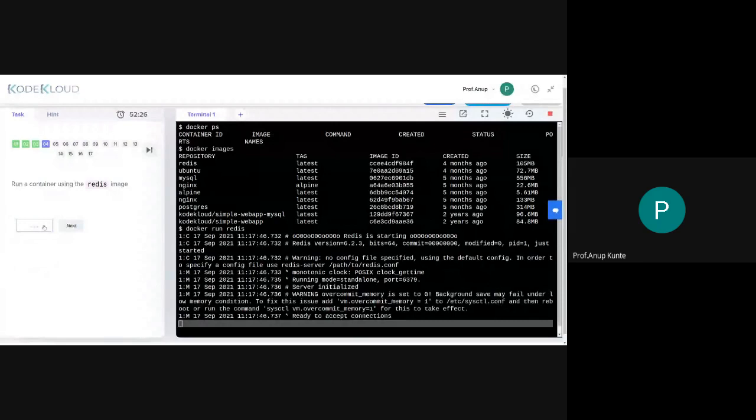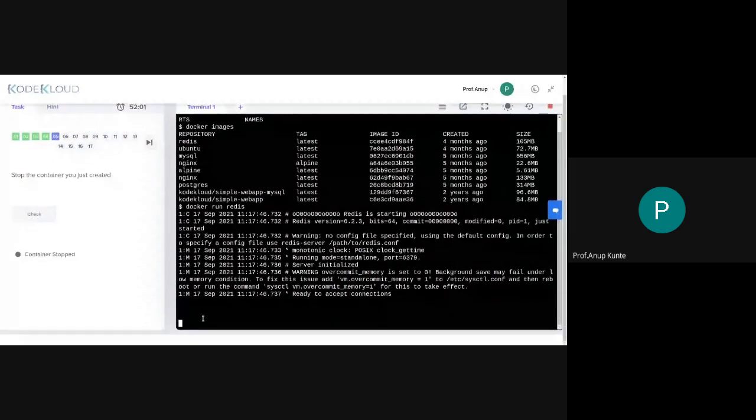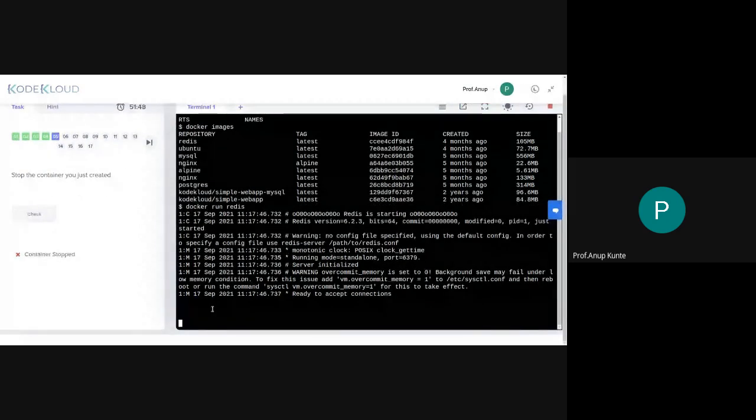Yes, I am able to run a repository that is present on my device. So the device has the image, and to run that image, we have run the command docker run Redis. Okay, now we go to the next step. They will by default stop the container, and as the container is stopped, we will hopefully get our prompt back. Okay, we're not getting our prompt back. We need to check whether the container has stopped; it is not yet done. So we need to wait for this container to stop. Until then, we can't do anything.